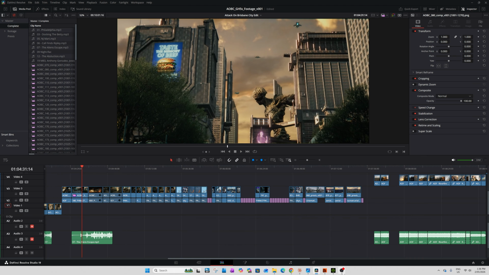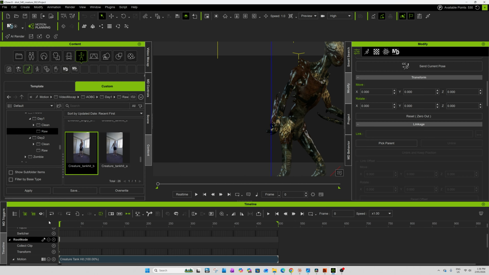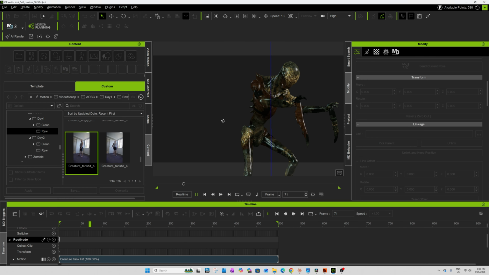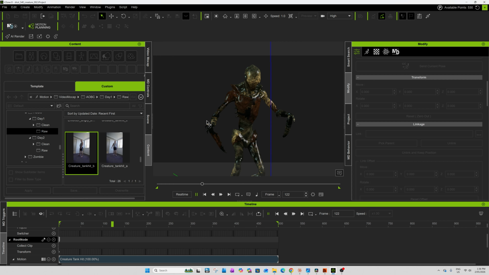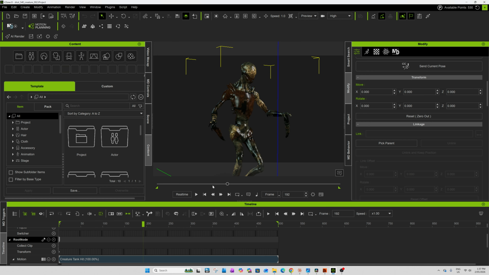I'll show you in iClone. So here I'm doing the monster. It's getting hit by the mega tank blast. This is how I've done everything. So that's done.